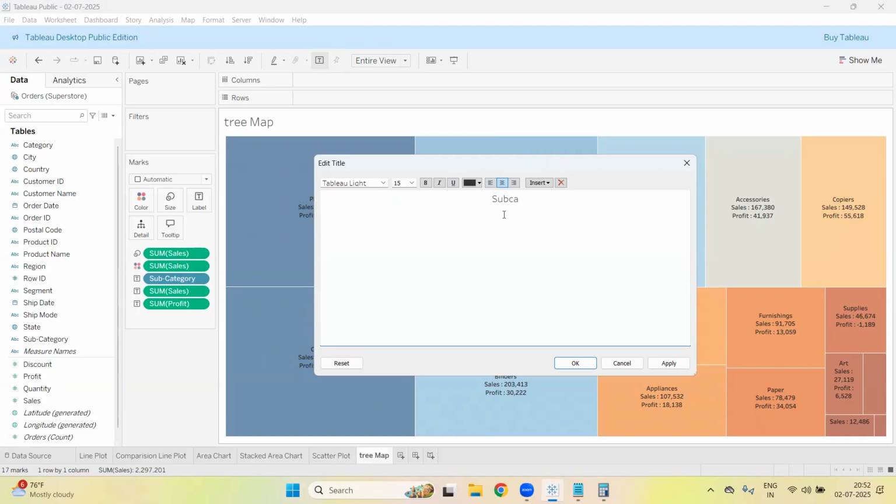Subcategory wise sales and profit. Subcategory wise sales with profit. Sales and profit subcategory wise. Okay. And I'm going to select here again color